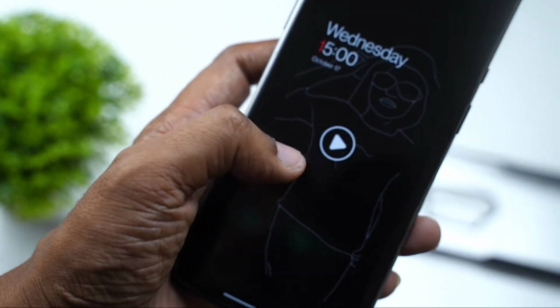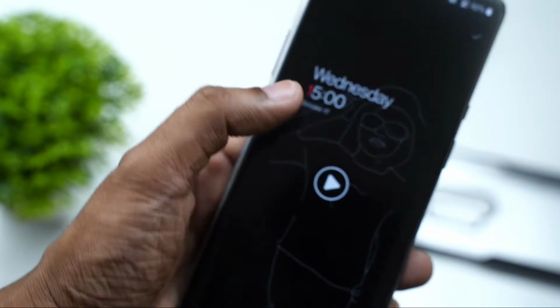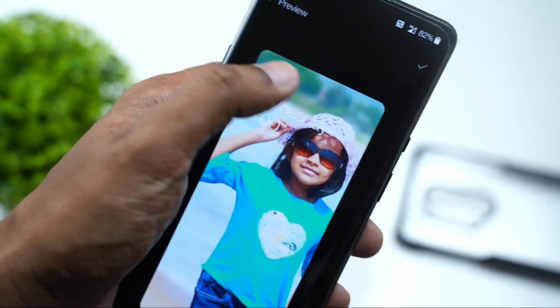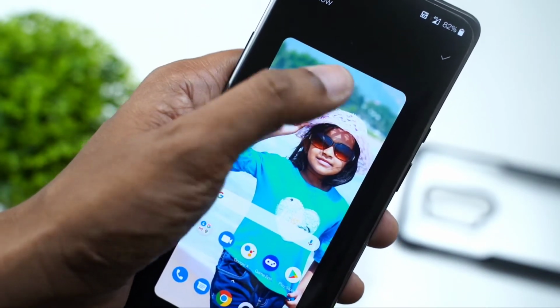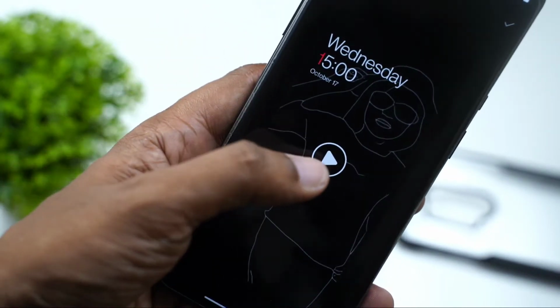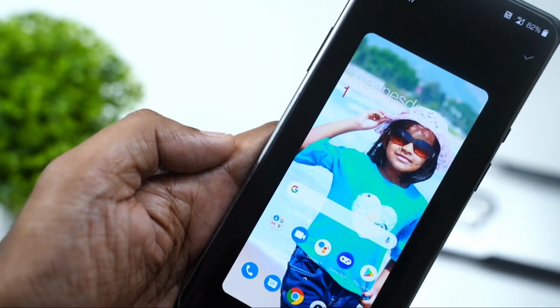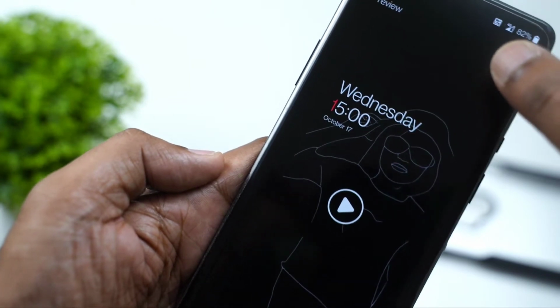Now you see there will be a blurring effect that is applied beyond the face. You can see the blur here. Yeah, again the blur reduces once it goes back to the home screen. So this is how it will look. It gives basically a preview of how it will appear on your home screen. So now I'll apply the effect.